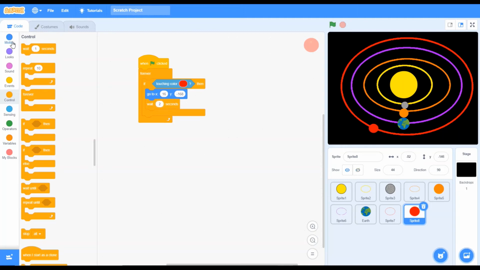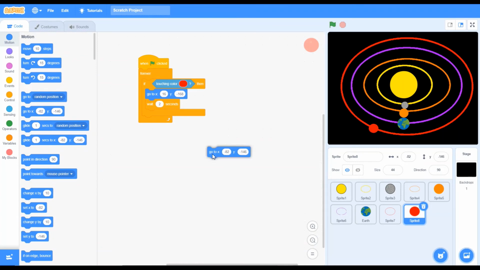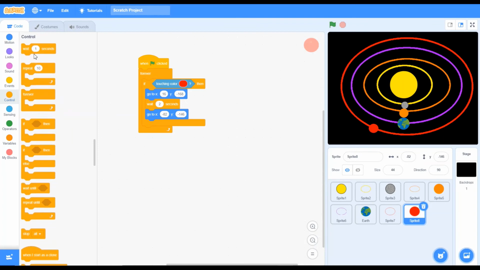Then again here, I am actually very excited to see when the solar system will be ready. But Mercury will be the fastest, isn't it? I am very excited to see all the planets moving all the time. They are actually not minding each other. They are just following the script.